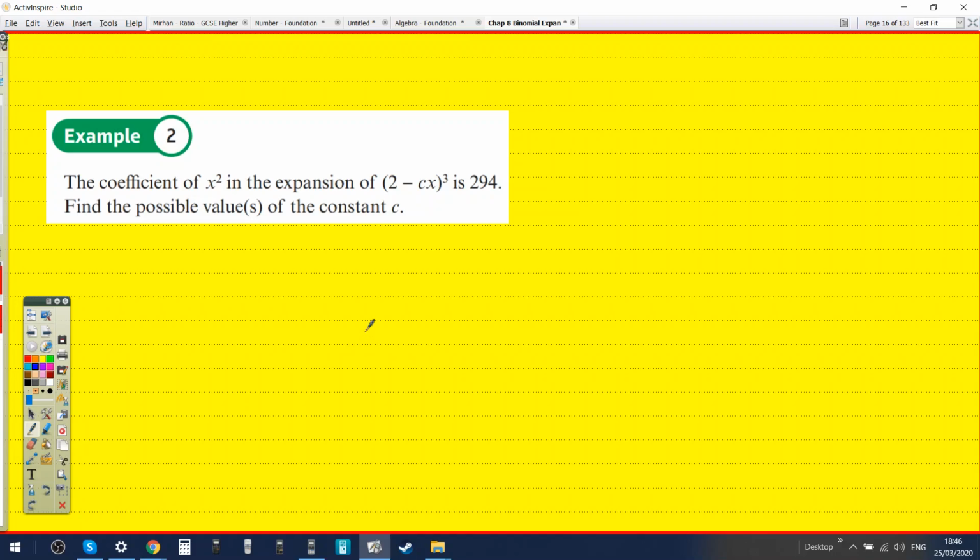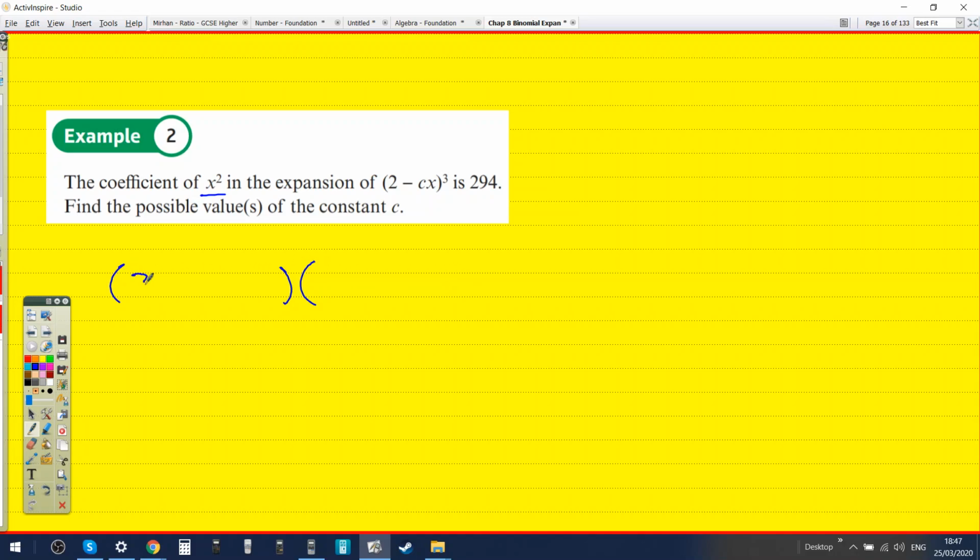Yeah. Or the coefficient of x squared. Could you just find the coefficient of x squared? So you don't have to do the whole thing. So it would be, because it's on the right side, it starts to the power of 0, then 1, and then 2. So it would be